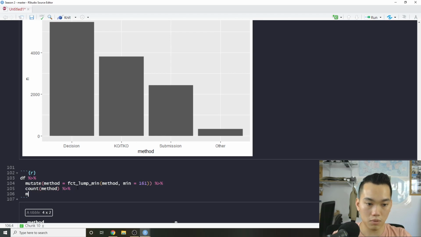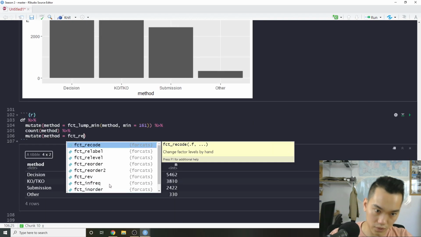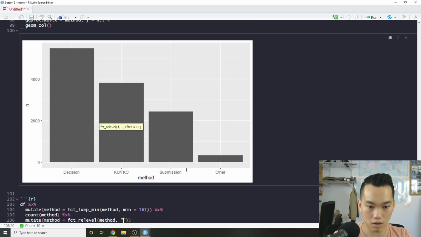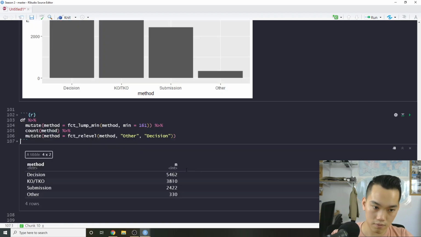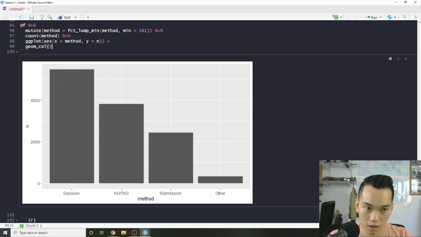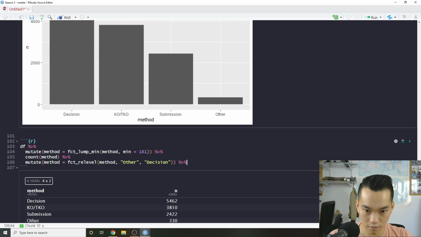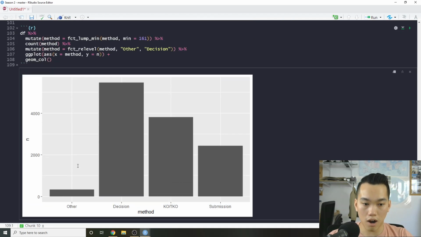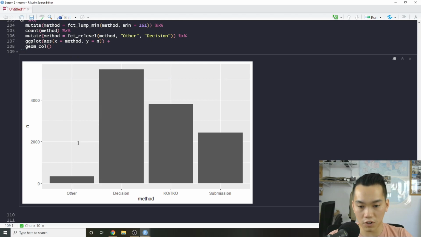So we can actually say like mutate method facet relevel, and then method, and we say was it other, decision, and then just copy this in, right? So that way other is at the beginning,